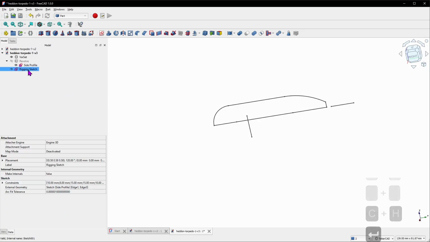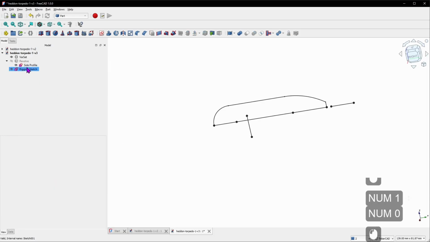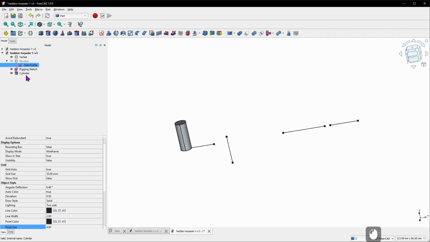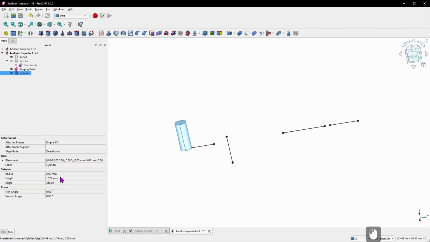And let's go down here in the properties to the view tab, and let's set the point size to be something like 10. And now we can hide the side profile. Time to drop some cylinders to essentially drill out of our model where we need these holes. So let's drop the first cylinder, and this will be the front, for the place where we tie the lure